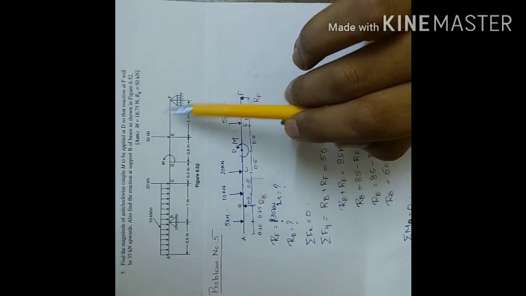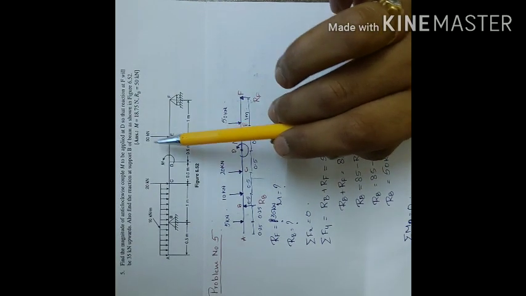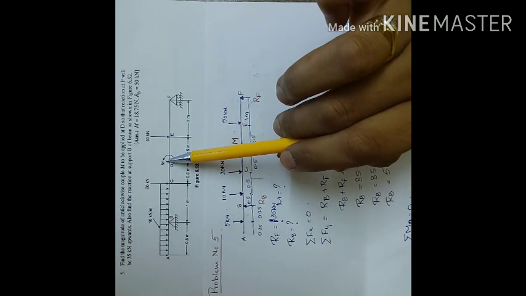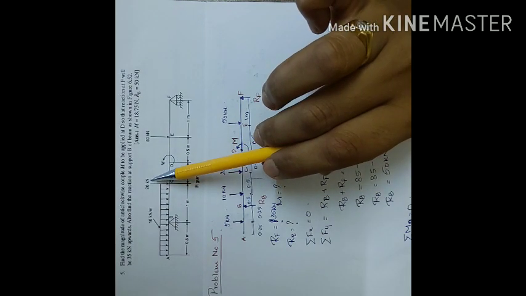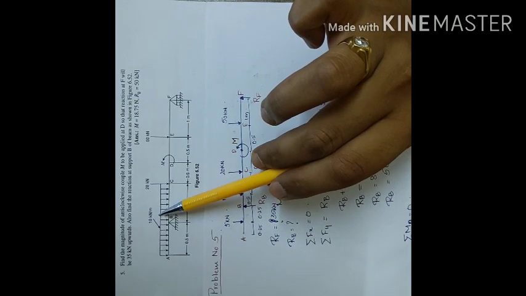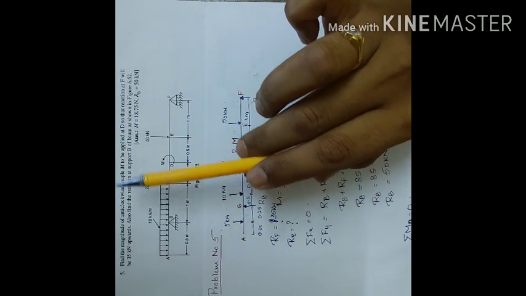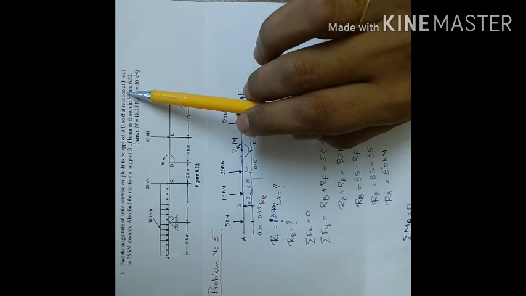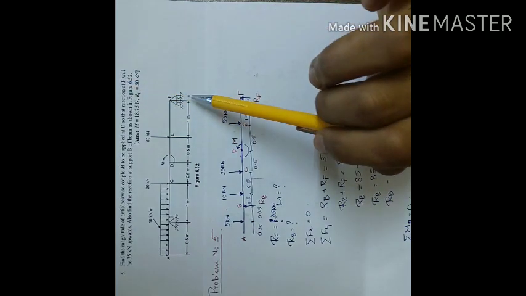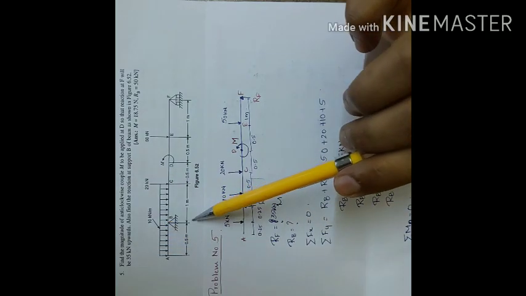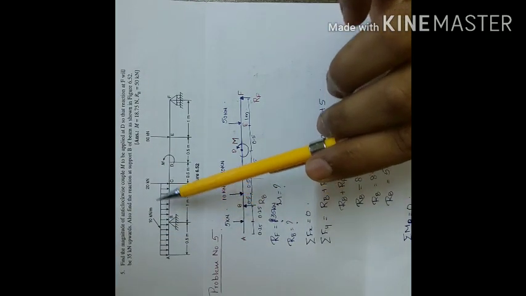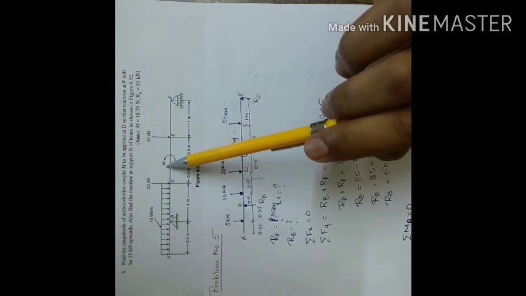side is simply supported. Here there is a point load 50 and here there is a moment M, which we need to calculate the value of. And there is a point load of 20 kilonewton and a UDL of 10 kilonewton. They have also given that the reaction at F is already given, that is 35. So we need to calculate the reaction at B and also the moment M.